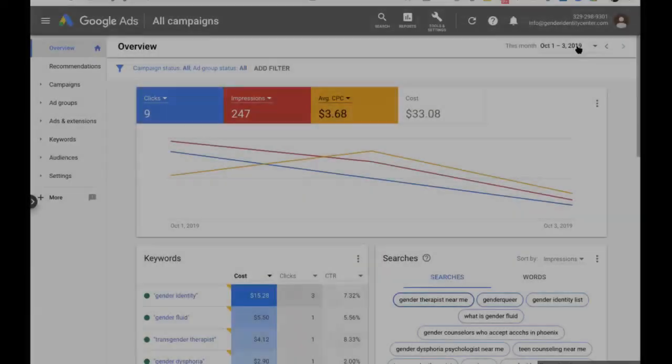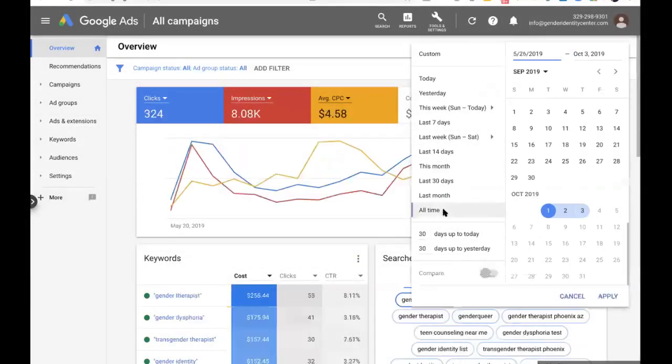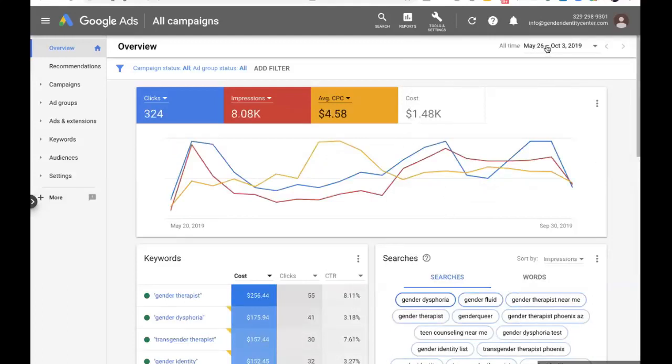Enjoy. So in the last, let's see, when did this start? June, July, August, September. So basically for about the last 4 months, and this is actually for my wife, we have been running Google ads.